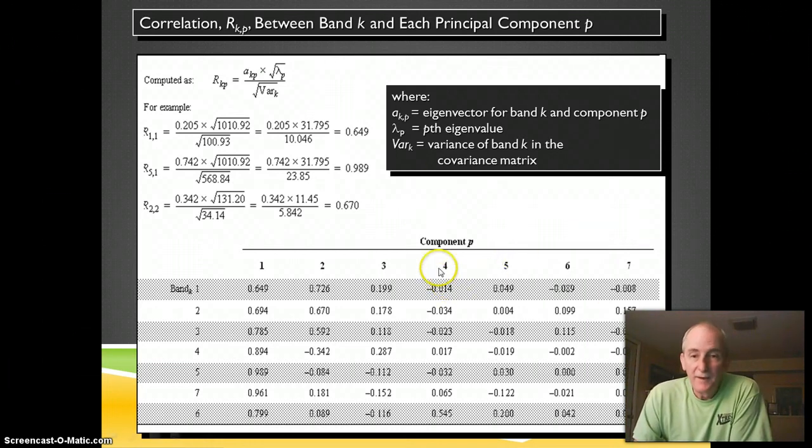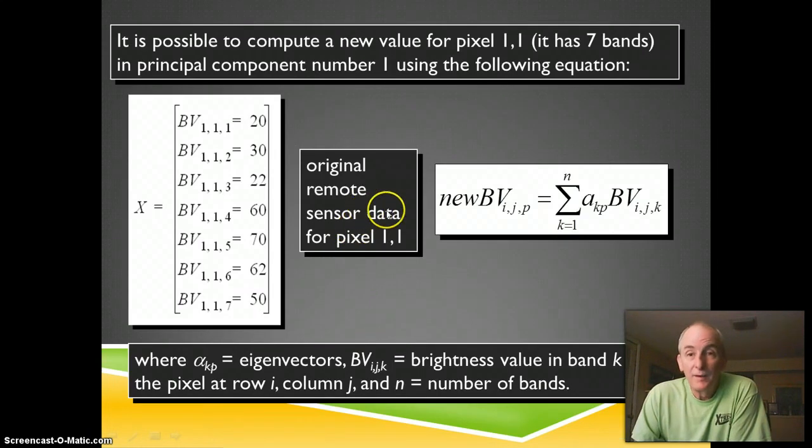principal component analysis. And here you can see the correlations between the channels and the components. Components we can now begin to think of as new channels, or as newly estimated values on pixels for a given multidimensional data set. In this case, we're probably going to be working with a 6-channel image. So it's possible to compute a new value for a pixel, principal component number 1,